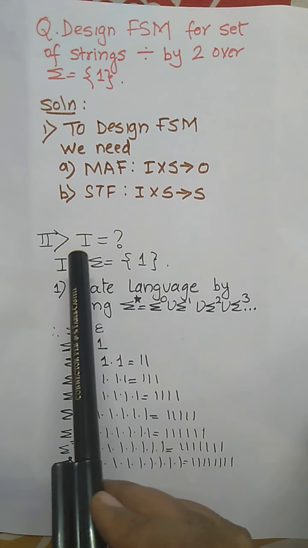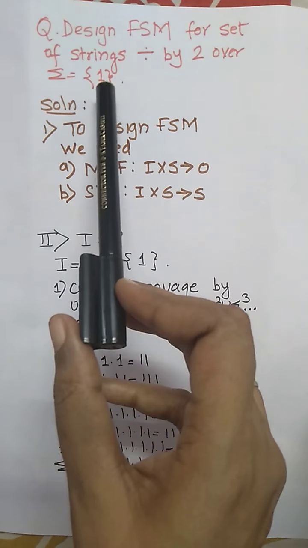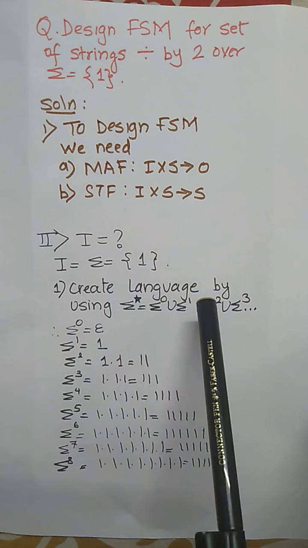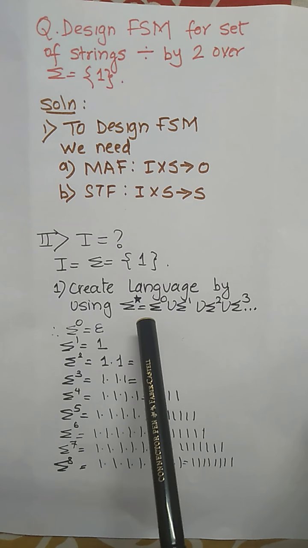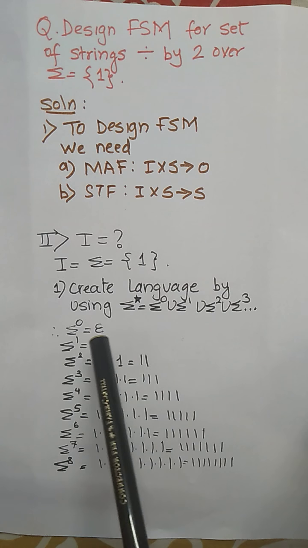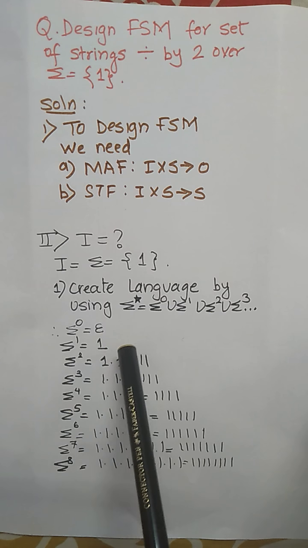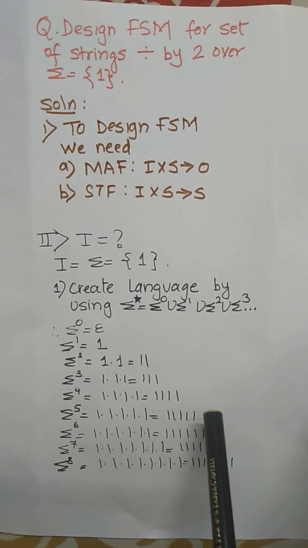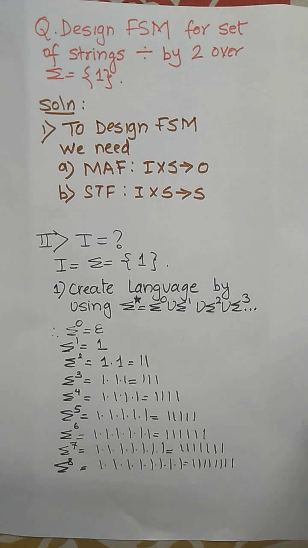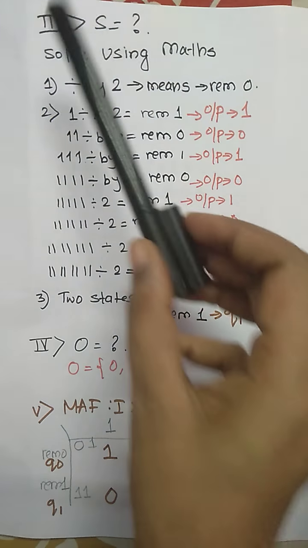So first of all we should know what I is. I is given as a unary number, as mentioned in the question. So first we are going to create the number system, that is, the language over sigma equal to 1. We start with sigma raised to 0, which gives epsilon, then 1, double 1 that is 2, 3, 4, 5, 6, 7, 8. Like that we are going to create the number system. After that, the second step is to find the states.